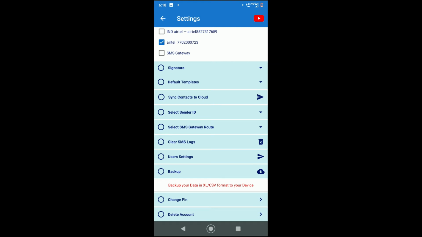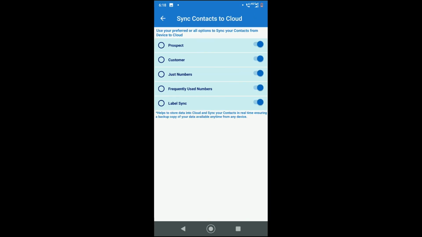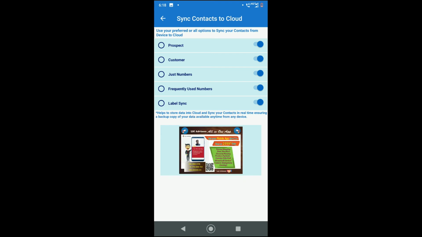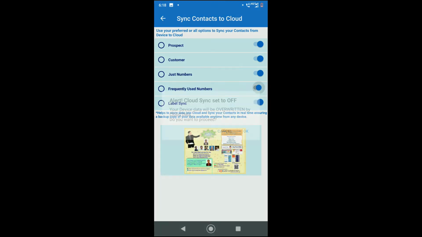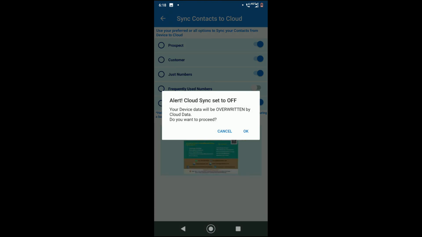Now the next option you see is sync contacts to cloud. It's very important. Many of you may not want to store your customer contact data on the cloud server, so you touch the blue light, and it will ask you whether your device data will be overwritten.